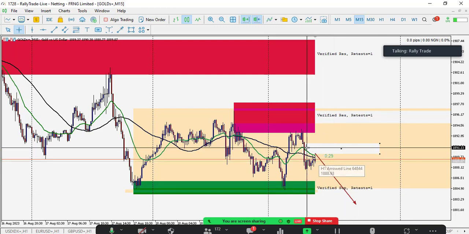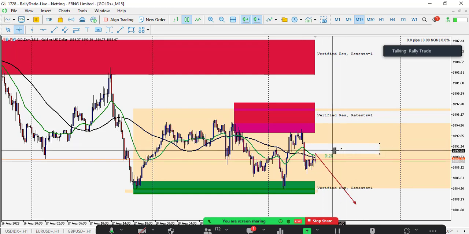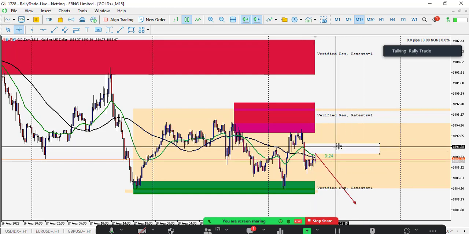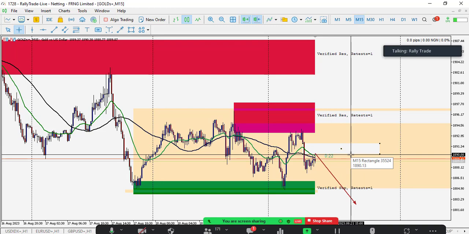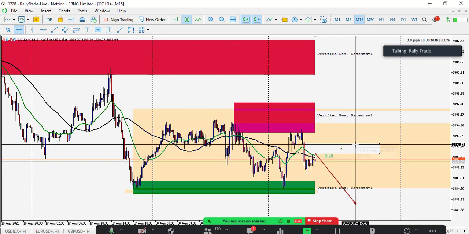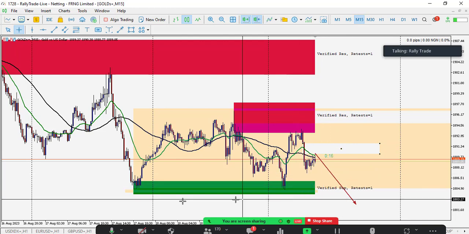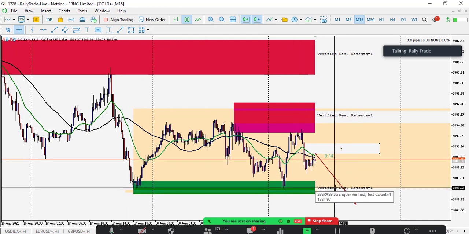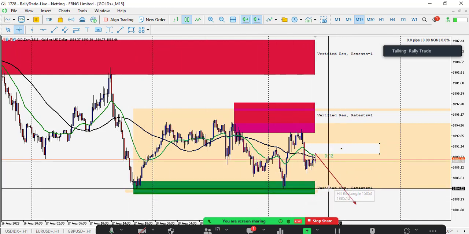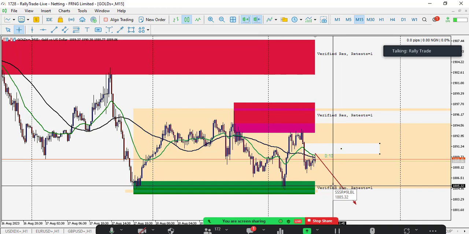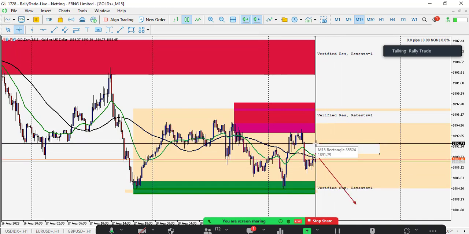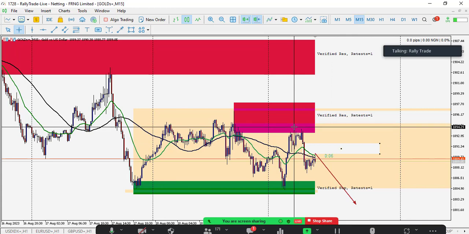Now, if the market trades inside this area, for the aggressive ones among us, you might want to start doing the selling here. Again, 1890 to 1891. And if you sell there, of course, we are saying this market will be drawn towards these equal lows. So your take profit will be here. And of course, you want to use a small stop loss there, or even above this high here.